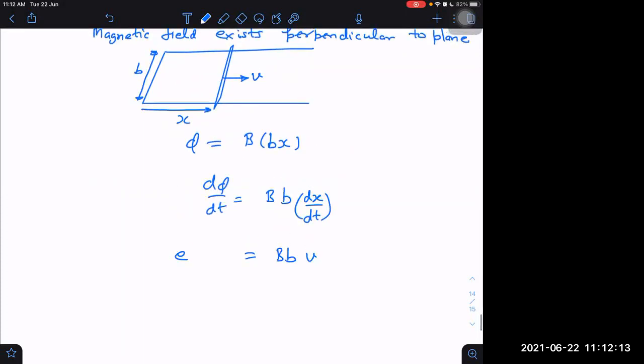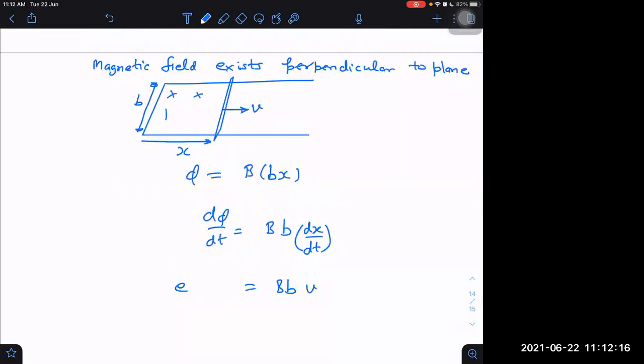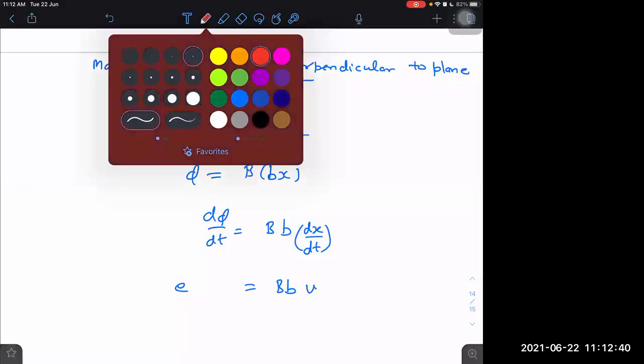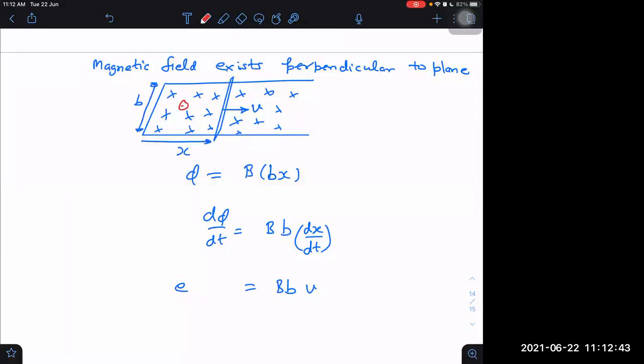Direction of EMF depends on the direction of the magnetic field. Let us say the magnetic field was into the plane. What will happen as a result? Crosses will be increasing or not? Then it should produce dot. So it will try to produce dot. Let me create the dot with this color so that it is understandable that it is not actually in this direction, but it is induced in this direction. Right or not? Induced in this direction.